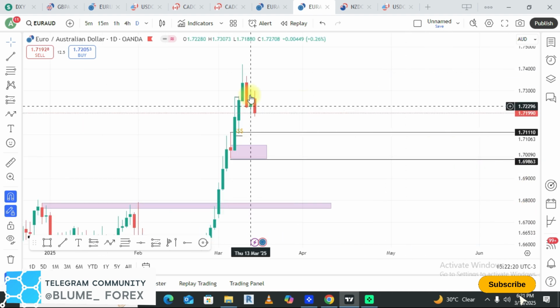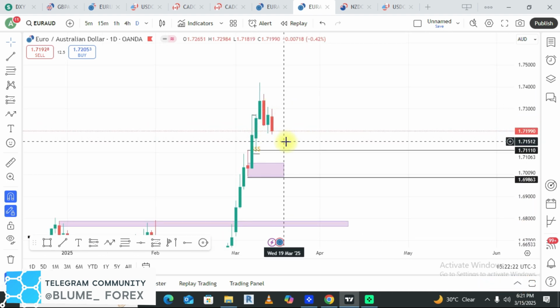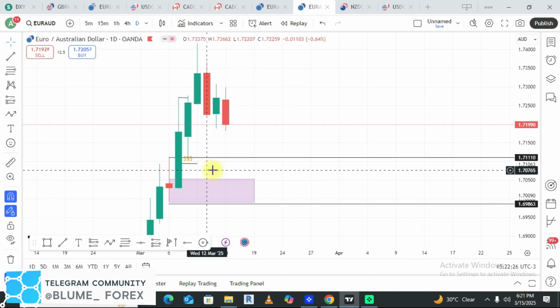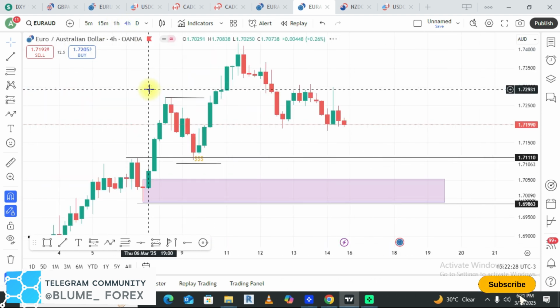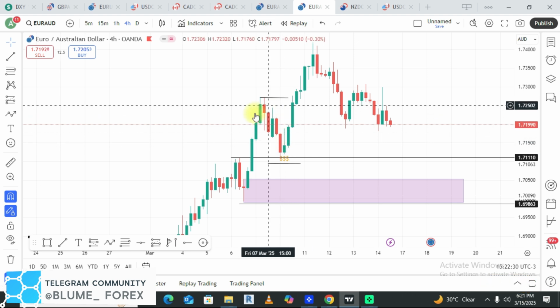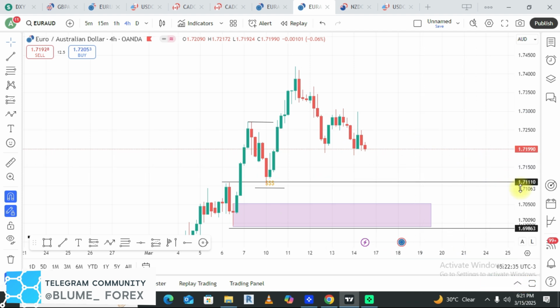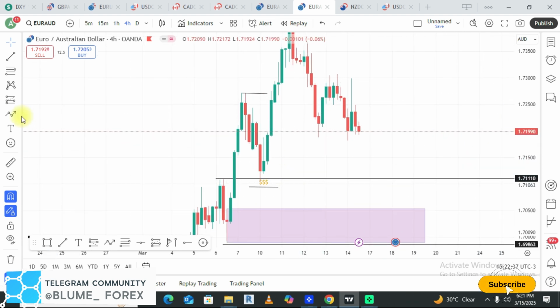All right, so on EURAUD this week, EURAUD is bullish, but the current phase of the market is bearish because we are having this exhaustion from price. This is our current demand that is in control of price. On the 4-hour, we had price creating this demand, and then this 4-hour demand, pushing up to take out this high. And we are currently shifting bearish, so I'm expecting price to push down,